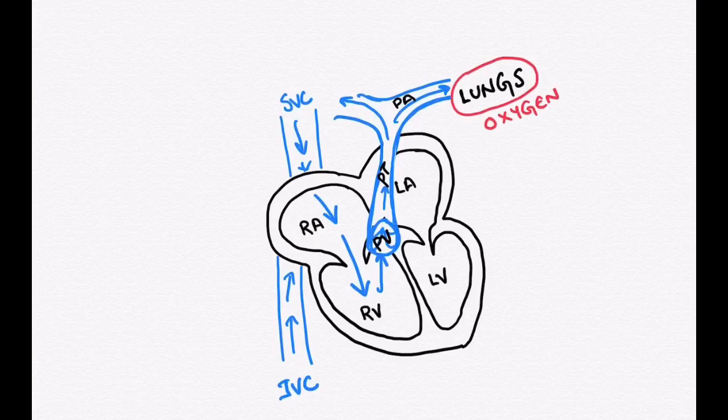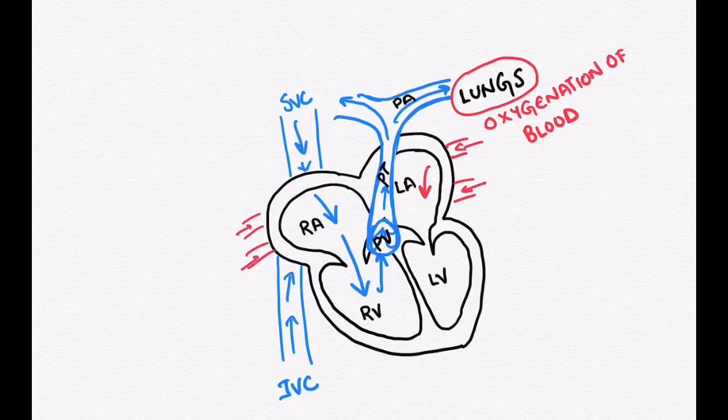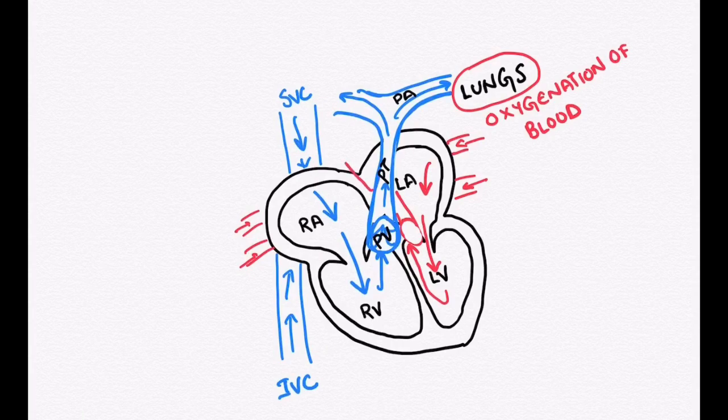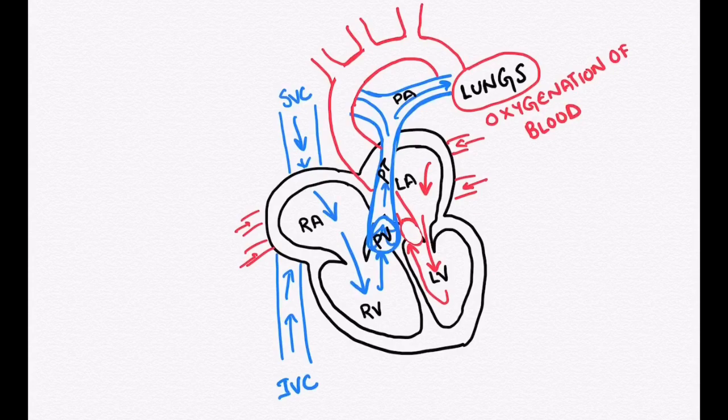So as I said, the lungs will oxygenate the blood, and from the lungs the blood is carried back to the heart, to the left atrium of the heart through the pulmonary veins. From the left atrium, it goes into the left ventricle through the bicuspid valve, and from the left ventricle, it is going to another structure known as the aorta. So from the left ventricle, it is passing through another valve known as the aortic valve, and this blood is flowing towards the aorta, the ascending aorta.